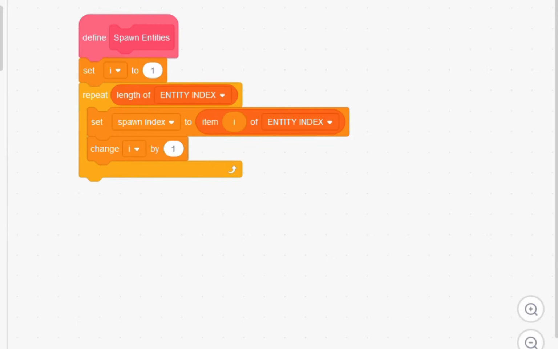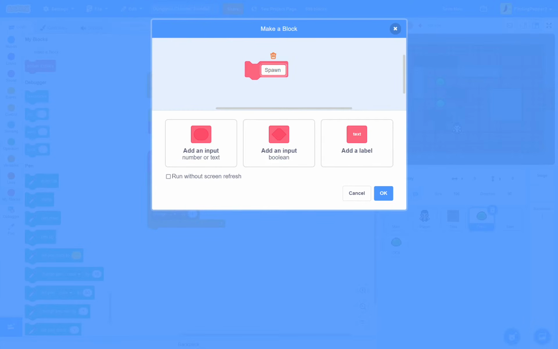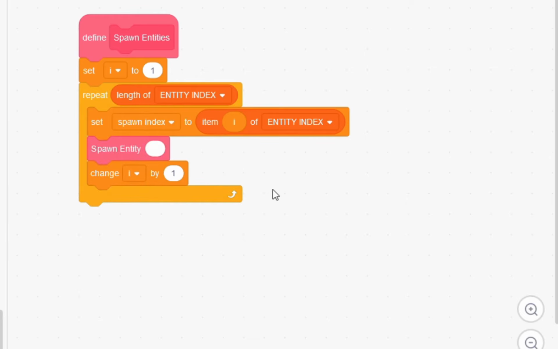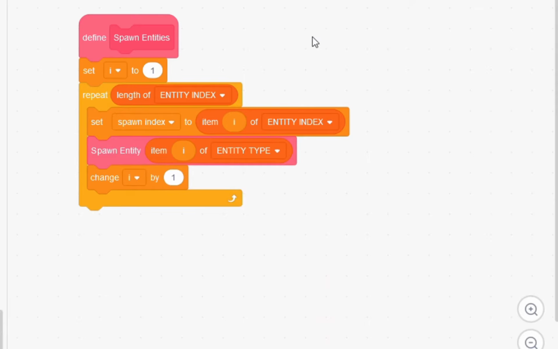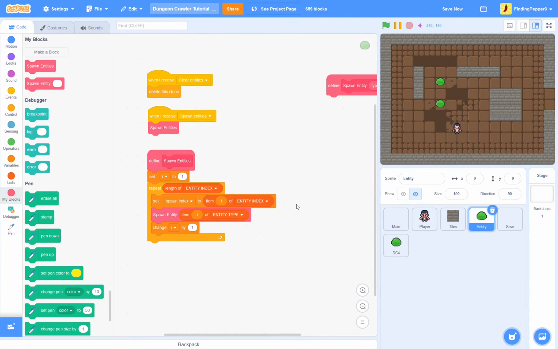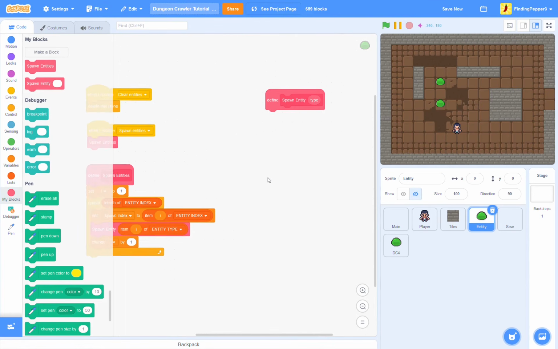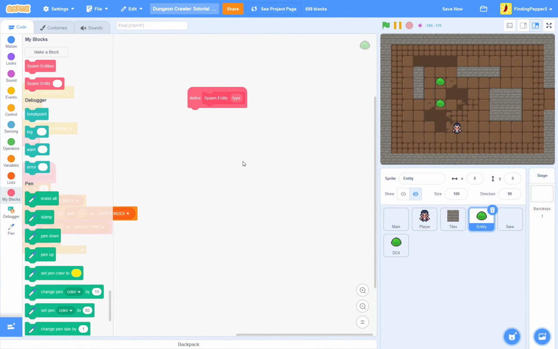Then we'll make a new block called spawn entity, and then an input type. Run without screen refresh. And we'll do that here, spawn entity item I of entity type. Now I should take a moment to point out this is essentially Griffpatch's code from the tile scrolling platformer, which is a pretty cool tutorial, I'd recommend watching that or checking out some of Griffpatch's other tutorials if you haven't already. Now in spawn entity,